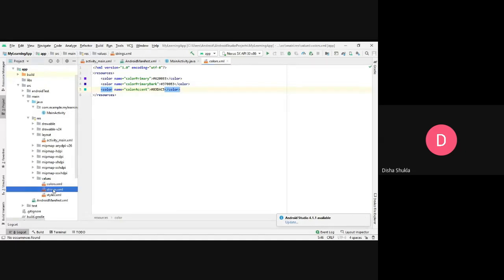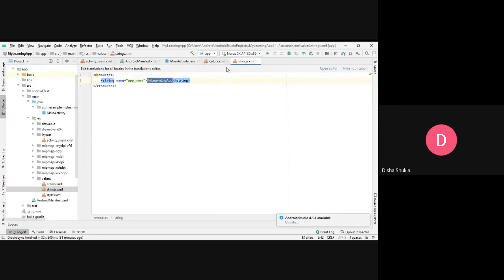Okay, the next thing that we have is the string.xml. The string.xml will contain all the strings that you are going to use in your app. Now, it's not necessary that you need to mention all the strings over here. I mean, there will be possibilities that at different places you are using strings and you need to get them. But say, for example, you have certain kind of a confirmation dialog that you want to show at different places, or something where you are using the same kind of a text at a lot of places, so that you can write over here.